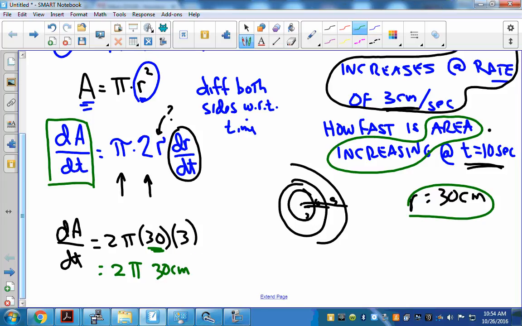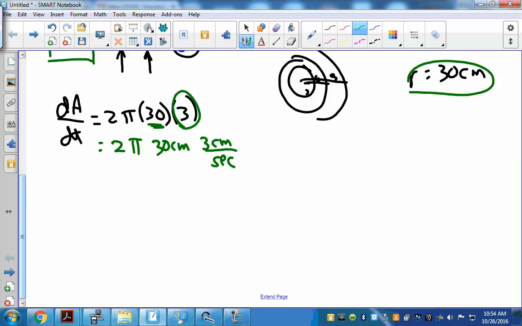The 3 came from up here. That was the rate of change of the radius, which was 3 centimeters per second. And then if you look at the units on the right-hand side here, it's pretty clear. We have, let's see, 3 times 2 is 6 times 30 is 180 pi